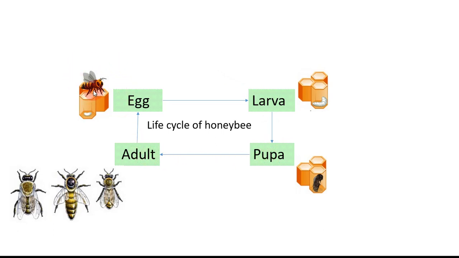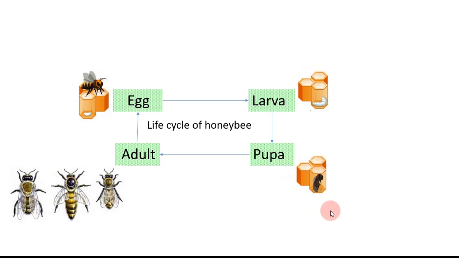A queen bee lays 2000 to 3000 eggs in a day, and a single egg is laid in a single comb. At larva stage, the larva which is to be queen bee is fed on royal jelly only for the whole period of larva stage, and the larva which is to be drone and worker bees is fed on royal jelly for 3 days, and the rest of the days it is fed on honey only.